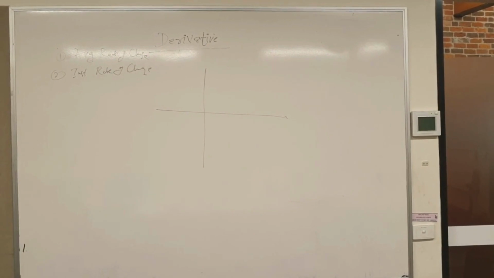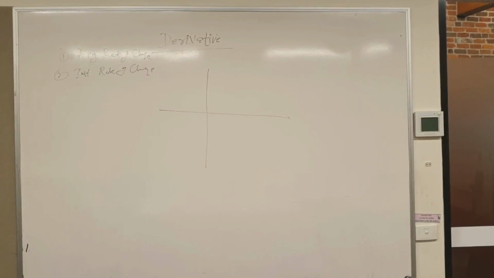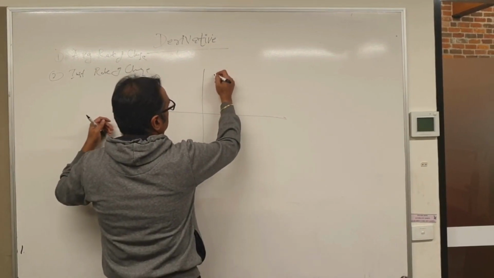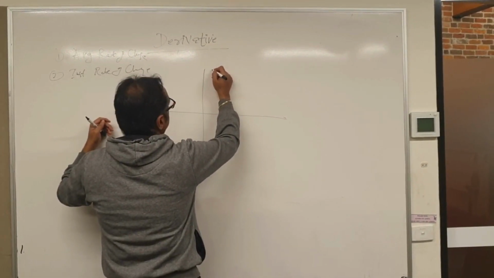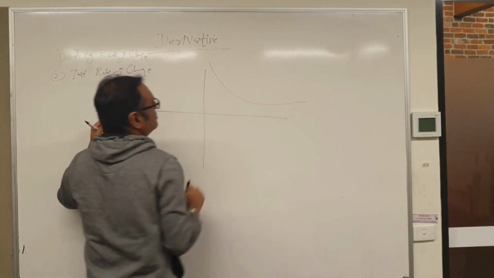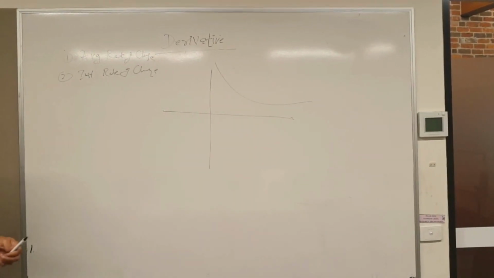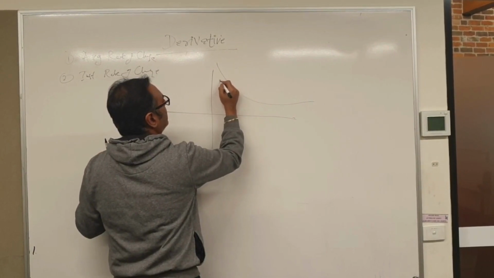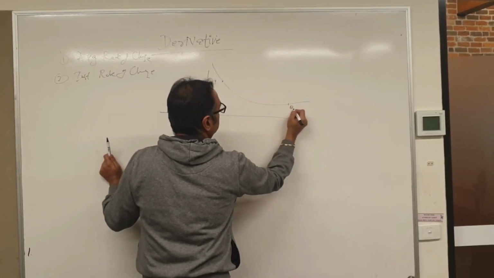Let us say that you've got a curve like this, right? Now, if that's the point P and that's the point Q,